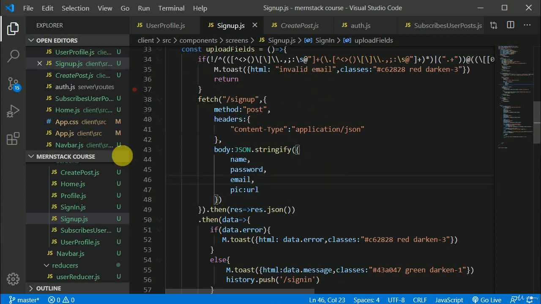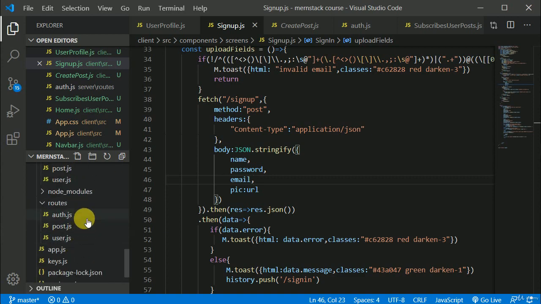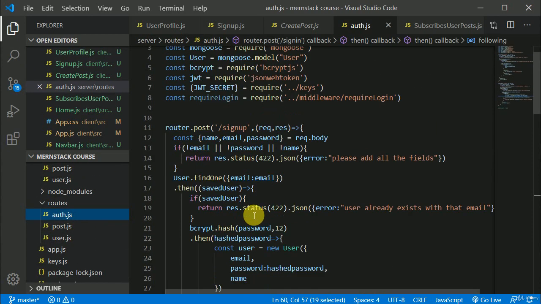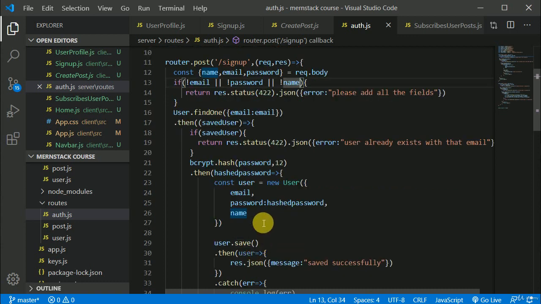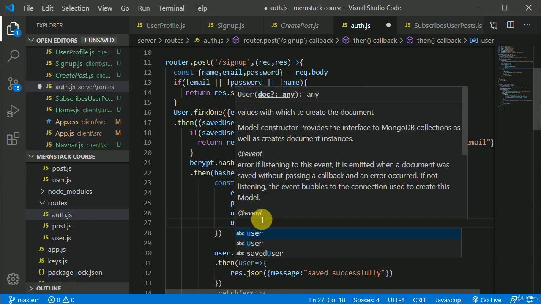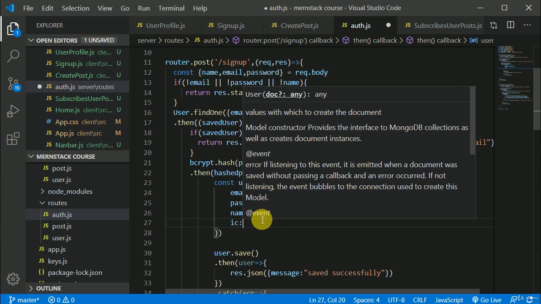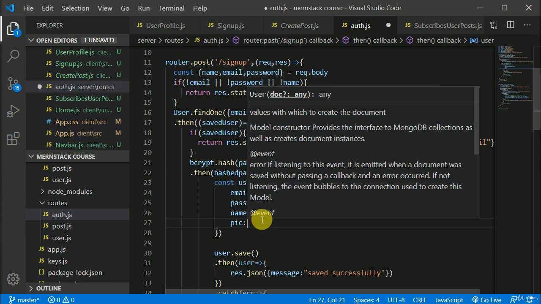Let's save this, and we will go again to our auth routes, and while signing up we don't need to check for the profile because that's an optional thing. And in here we can mention the pic, and this will be pic.